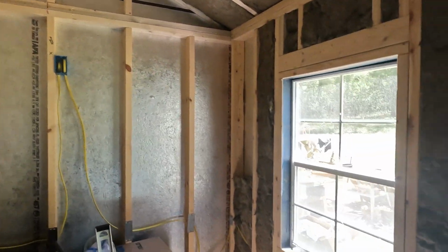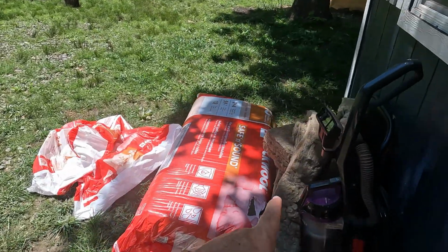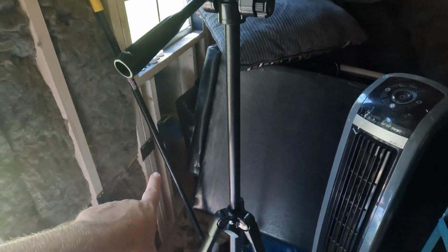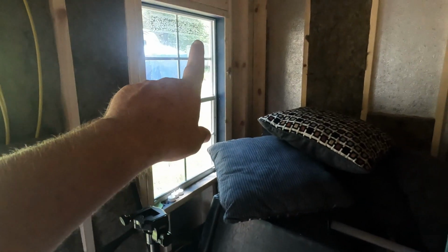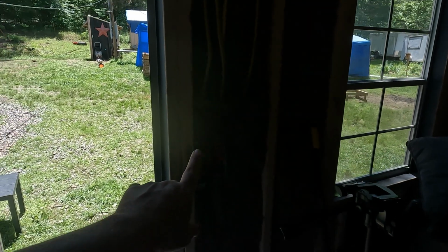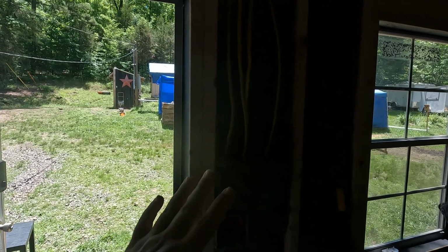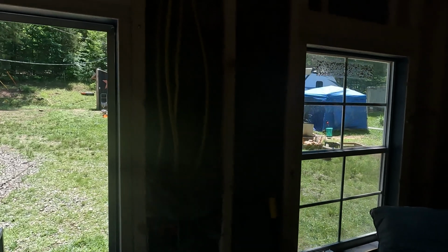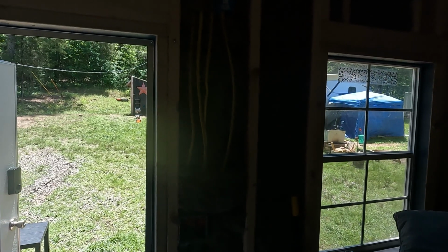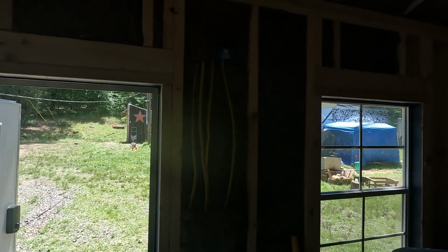I can always use the scraps at the top, because I do have a few little pieces like this. I'll be able to utilize that in some of the little crevice ones at the top. But mainly this bay here has the most wires in it. So I had to piecemeal this together to be able to get around the wires and through the wires. I don't even know if you can see that. I tried to lighten it up some, but